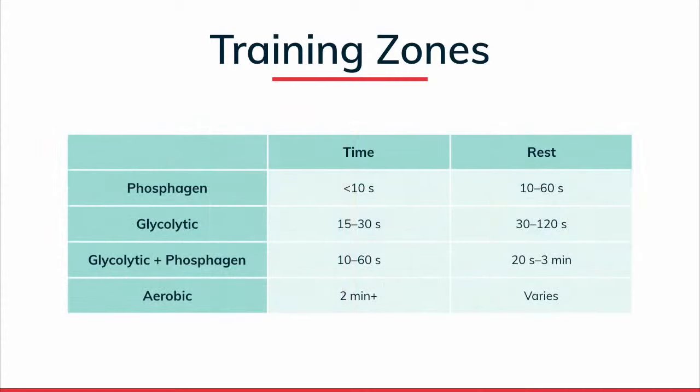This is a chart also from the ACE Personal Training Manual, just describing how long we can stay in those energy systems and the required rest, or the suggested rest, for intervals. Now, those of you who've been through exercise physiology in school know that it's very easy on paper: when we start exercising, we go into the phosphagen, aka creatine phosphate system. And then we switch into the glycolytic system. And then we switch into aerobic metabolism. But it's not that clear cut.